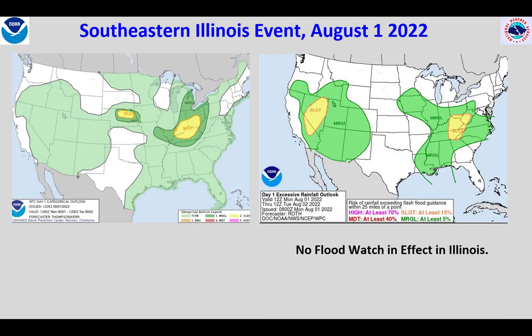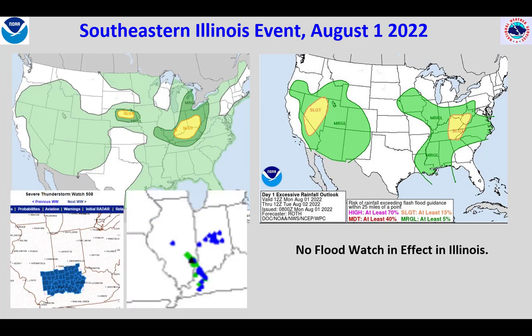Let's try another event across southeastern Illinois on August 1st, 2022. WPC has a marginal risk of heavy rain over most of Illinois, with a greater potential further east. We have no flood watches across Illinois. Also note that SPC has a marginal risk of severe weather over southern Illinois, with a severe thunderstorm watch in